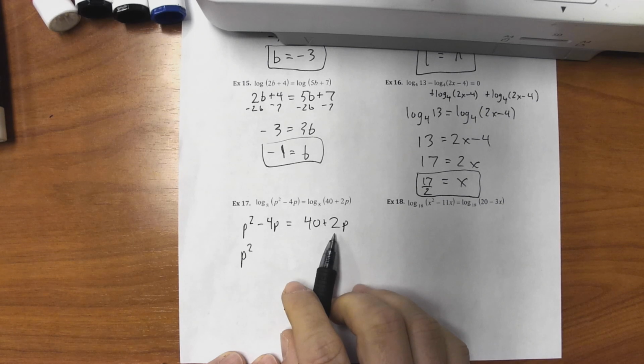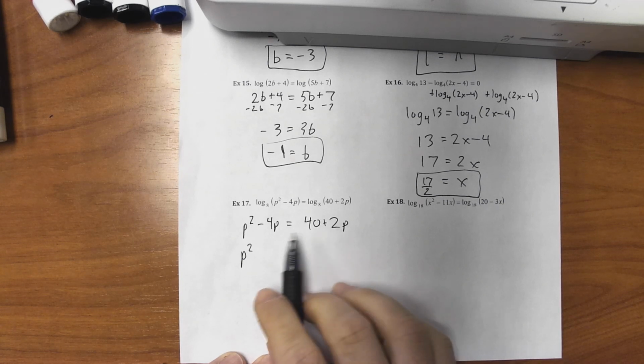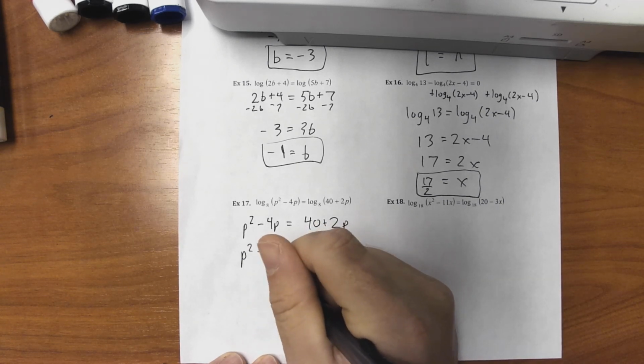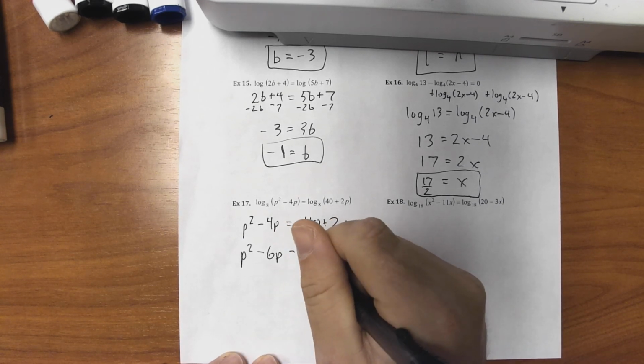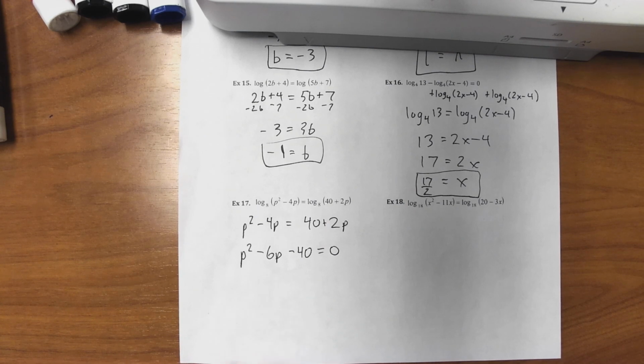So I'm going to subtract this 2p from both sides. That gives me negative 6p. And I'll subtract this 40 over. So we'll go ahead and set it to 0. I'm going to pause here for a brief moment. If necessary, pause the video, try it on your own. All we're doing is setting everything to 0, getting everything on one side, and now we're going to go ahead